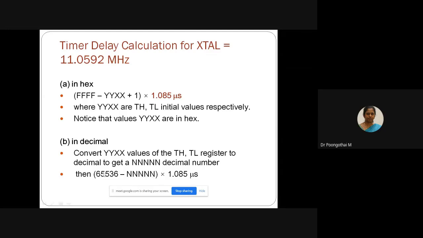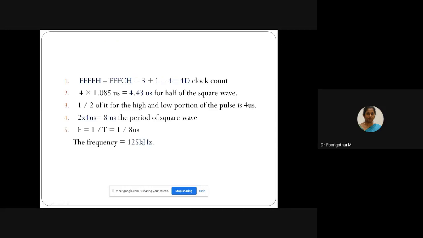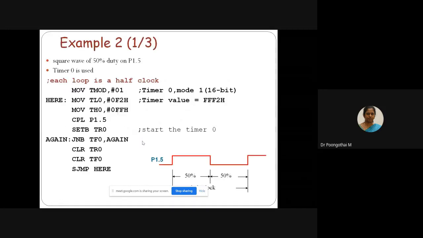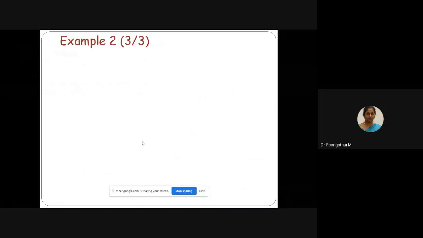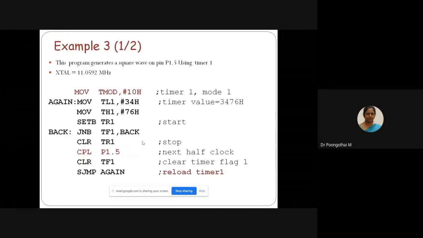This is the maximum value of your timer Mode 1 operation. Multiply that value by 1.085 microsecond. Okay. So we have discussed some examples. So coming to the next example,